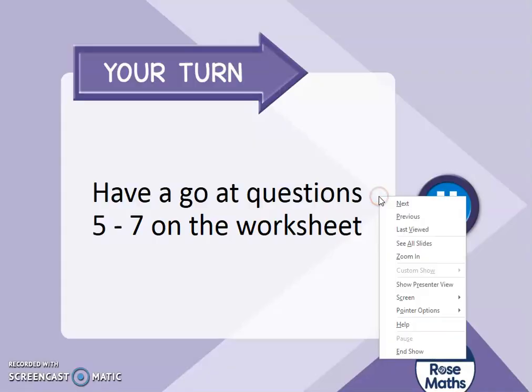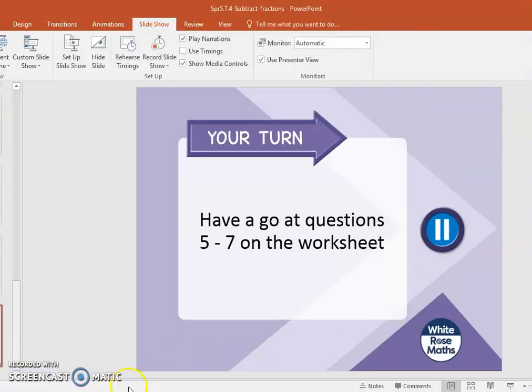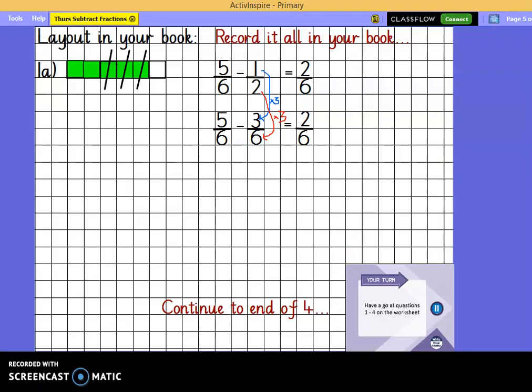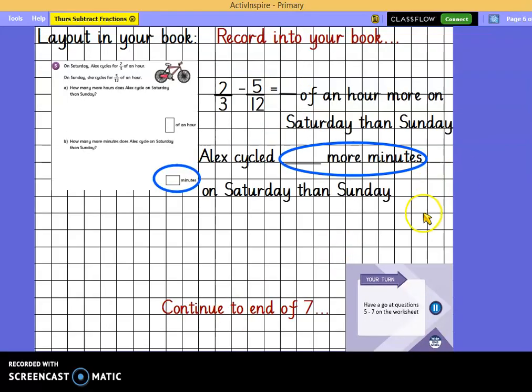Your turn, please, to have a go at questions 5 to 7 on the worksheet. Here is how I'd like you to record that in your book. You can pause the video to read carefully and look at how to lay that out on your book in your squares. I'd like you to continue all the way to the end of 7, and then red group and